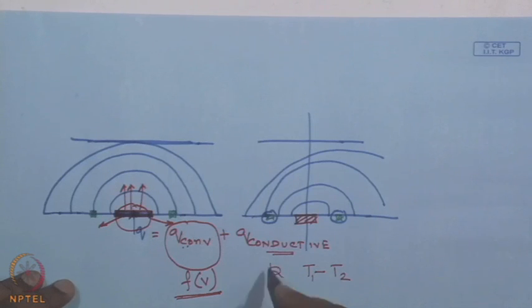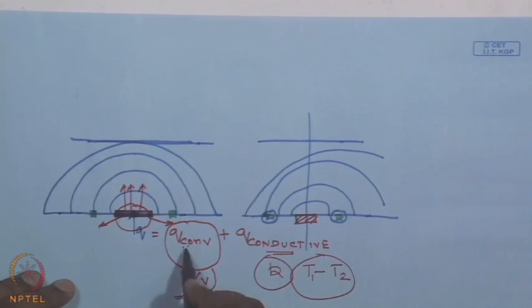So, this is a material property, this is a condition, whereas over here this is going to be a function of the velocity, and that would allow us, if we can calibrate properly, to find out what's going to be the velocity of the